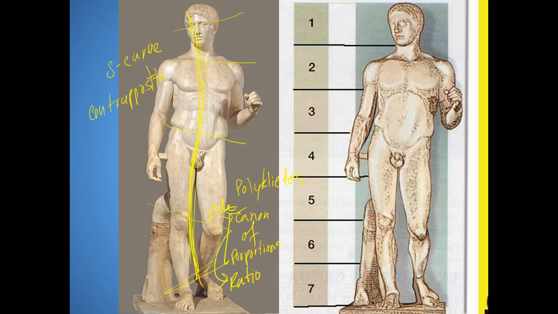Now, history has lost Polykleitos' exact ratio, but we know that the Greeks discovered other natural ratios. For example, if you look up the concept of phi, or the Fibonacci sequence, or what sometimes people call the golden ratio, for a long time people just assumed that this was the golden ratio, but we don't actually know. We don't know for a lot of different reasons. We know that Polykleitos wrote about it.